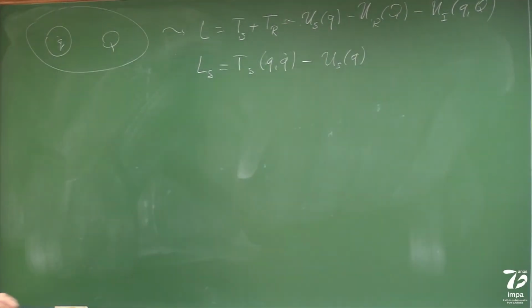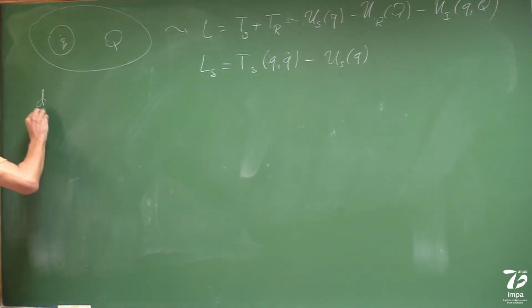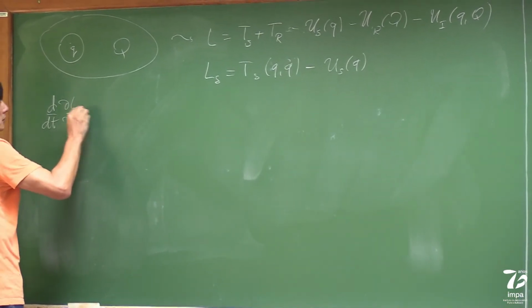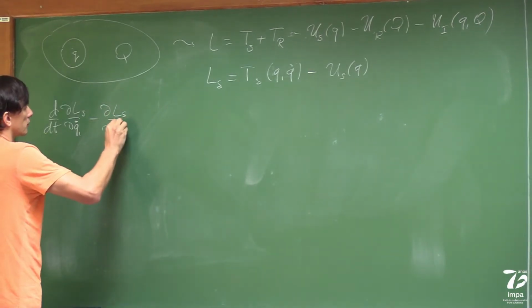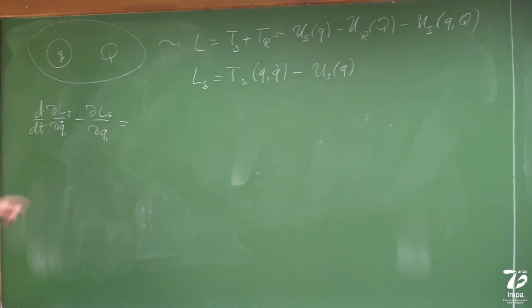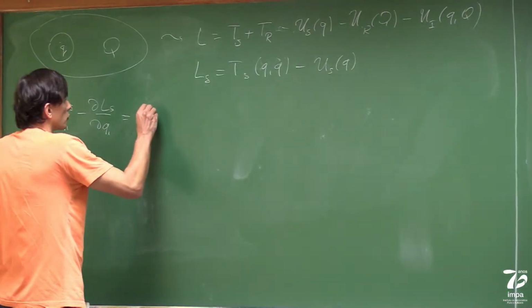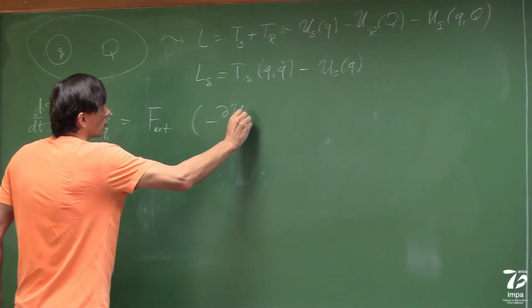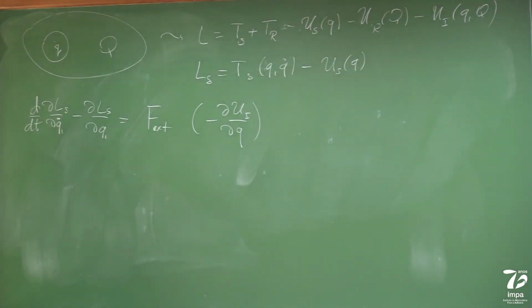a function of coordinates q, then the equation of motion takes the form of the Lagrangian equation, where the left-hand side is just the usual Lagrangian expression, but taking the Lagrangian function of the system, and on the right we put what is called the external force, which is minus the derivative of the interaction potential with respect to coordinates. So this is a general equation of motion for the system,